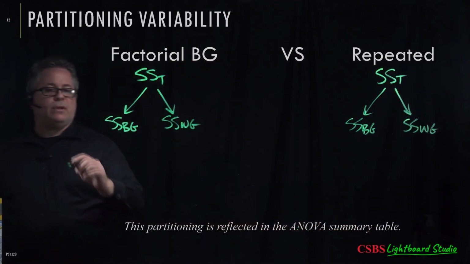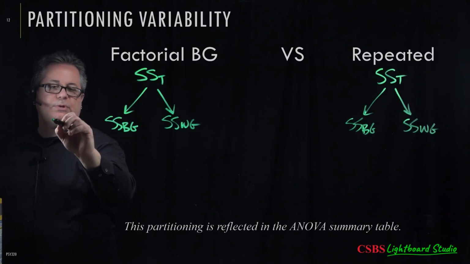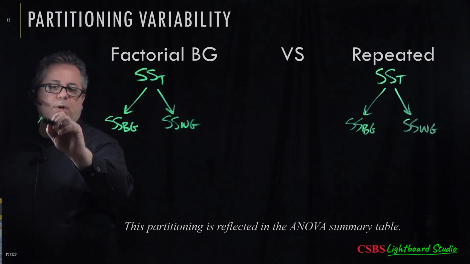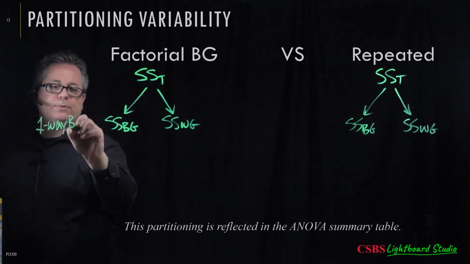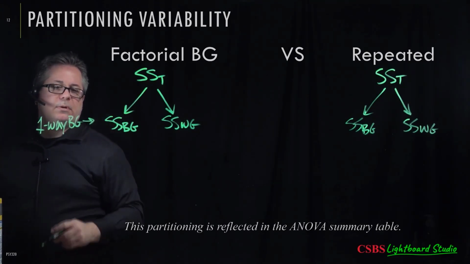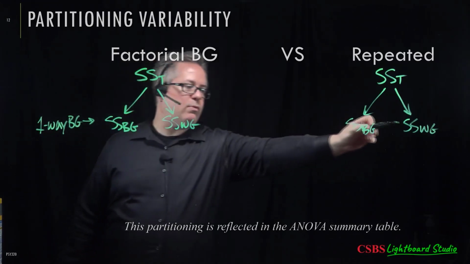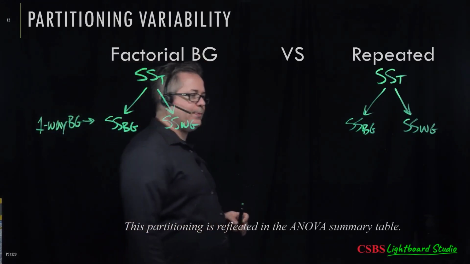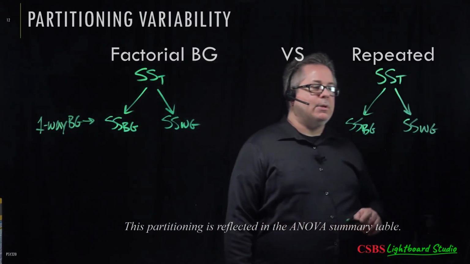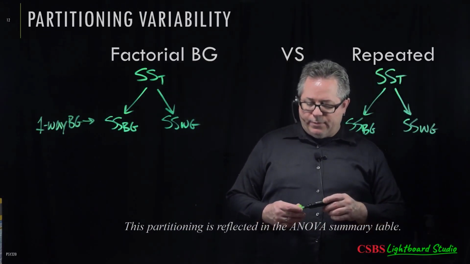And this is at the level of, once you get to the level of a one-way between groups, right? It's the same. If you treat it as a one-way between groups, we're really just looking at between versus within groups, and that's it. Where things start to differ is that on one side,